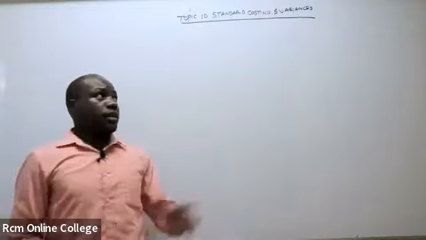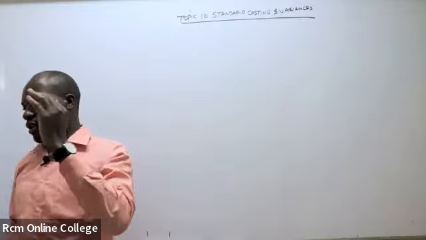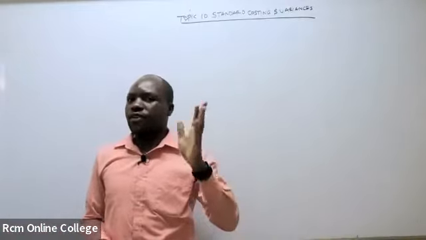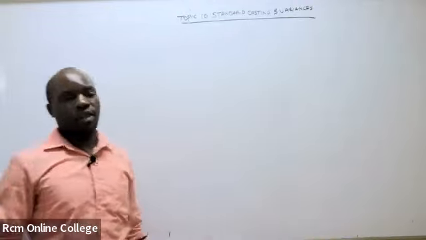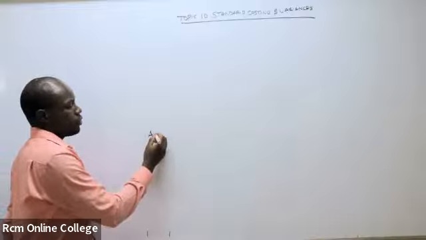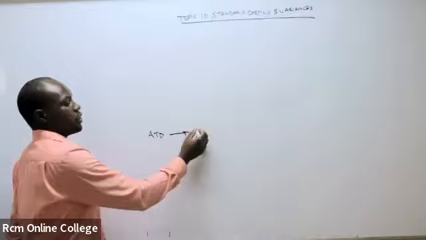Good. So topic number 10, standard costing and variances. It is there in CPA syllabus. It is not there in ATD. But now, this is the worst part of it. At ATD level, when you complete your ATD and you now transition to CPA,